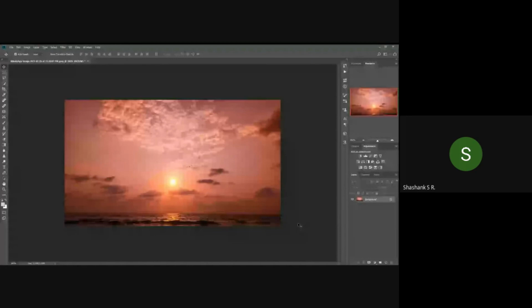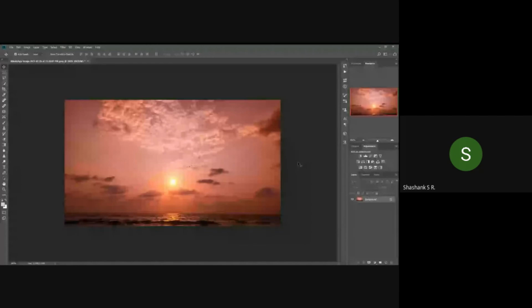So here you need to edit the photo so that it looks much more beautiful, in an aesthetic way. This is the actual original photo taken on the phone, unedited. The first thing everyone should do is remove this lock sign so that the background is movable. Otherwise, you won't be able to edit the photo.